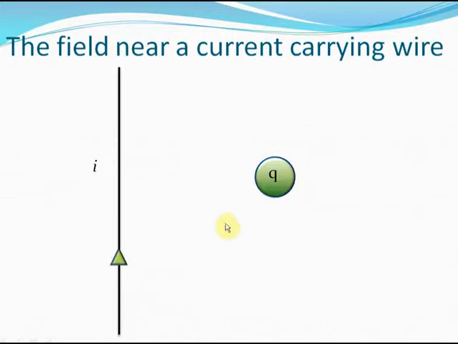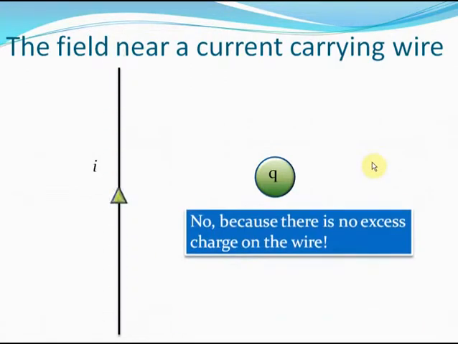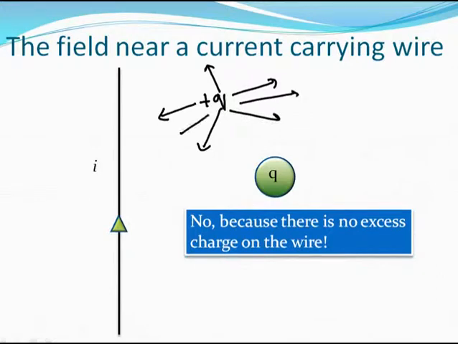However, a current carrying wire in general does not have any electric field associated with it. The reason is that electric field is created when there is excess charge. So for example, if you had a charge plus Q, we had earlier studied that the electric field due to the charge plus Q will be 1 by 4 pi epsilon naught into Q by R square, remember? Now this Q charge had an electric field associated with it because it was the excess charge on the body.